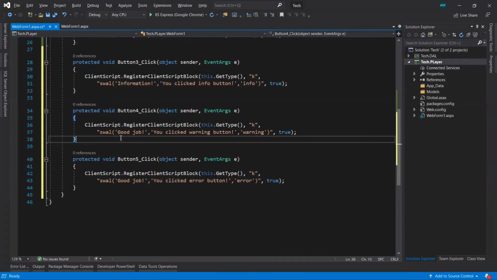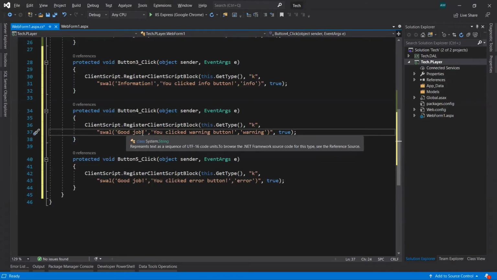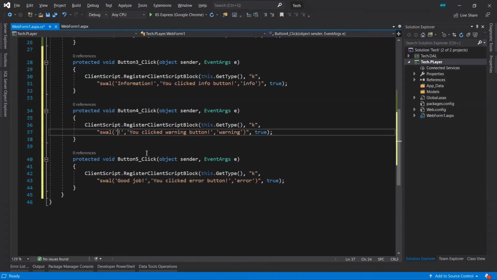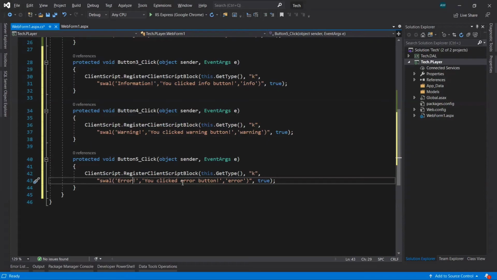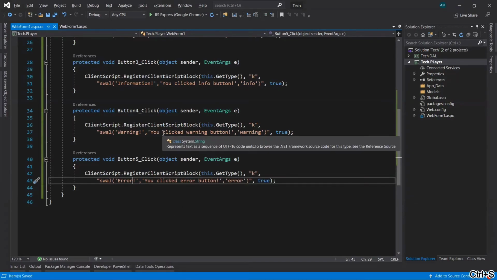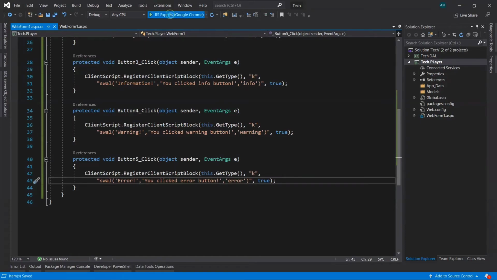So we'll display here the title, warning, okay, and here for the last one, error, okay. Let's save it and run it.